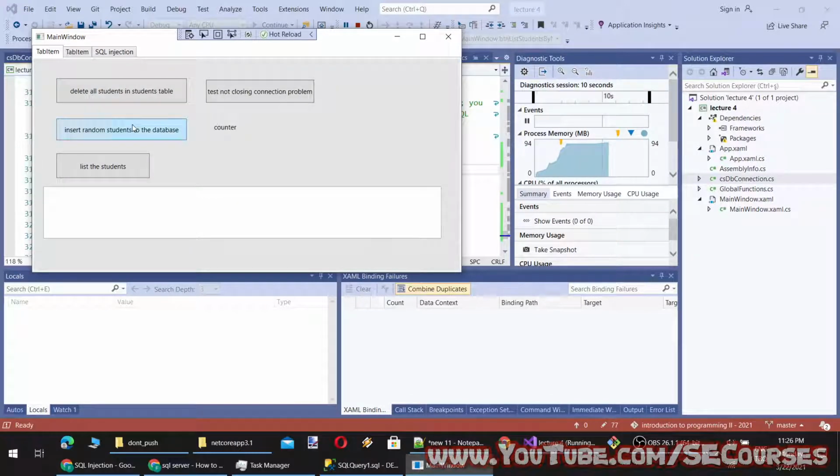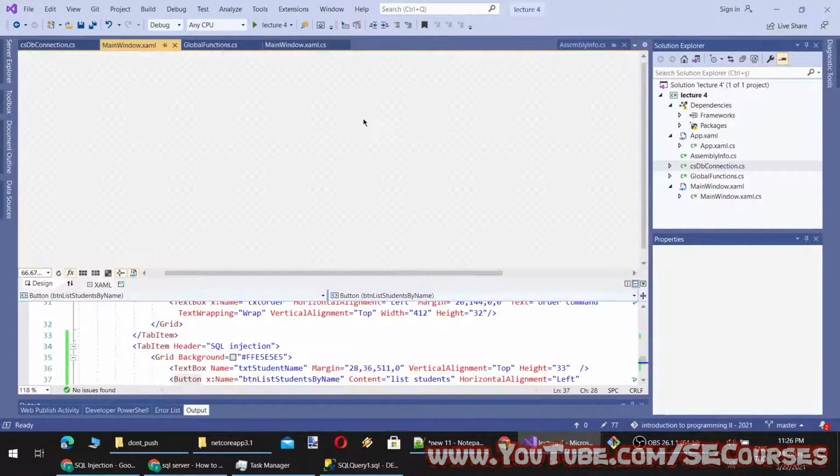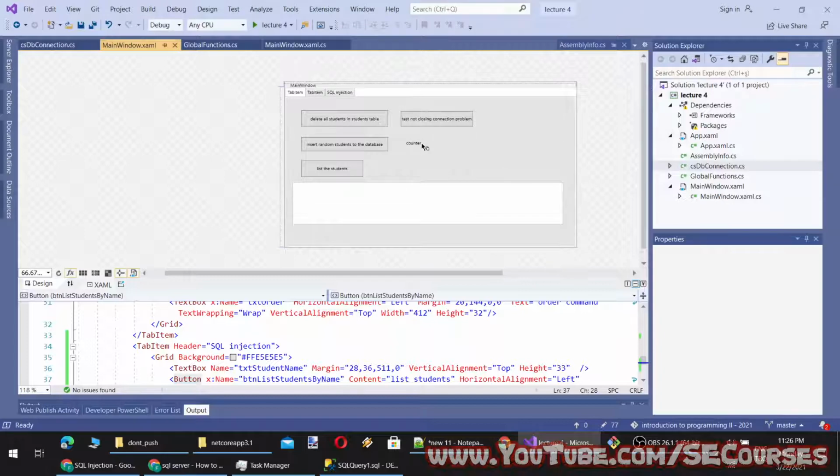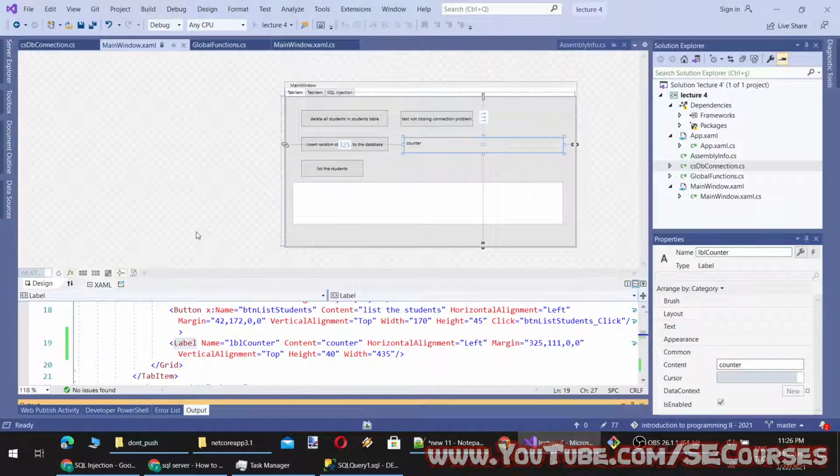Okay, before we do that, we need to add some records. Now we are adding records to our database. You see, because of the label size, we can't see the entire code. So let's make this label bigger.